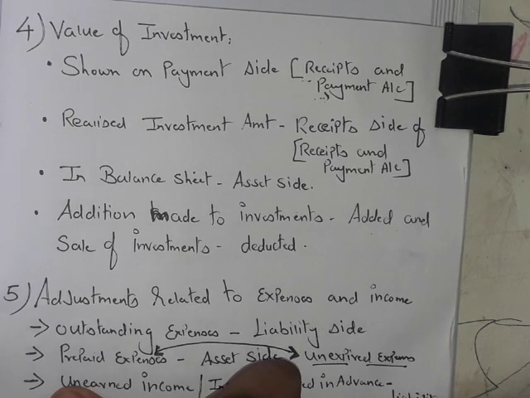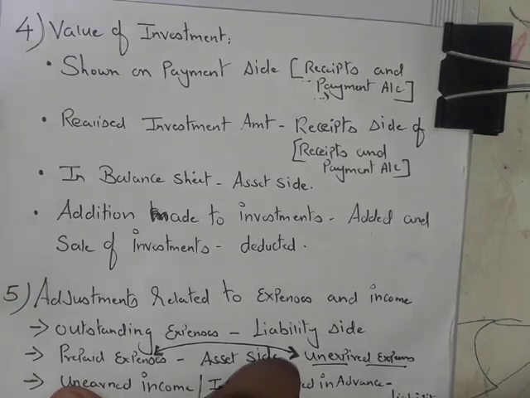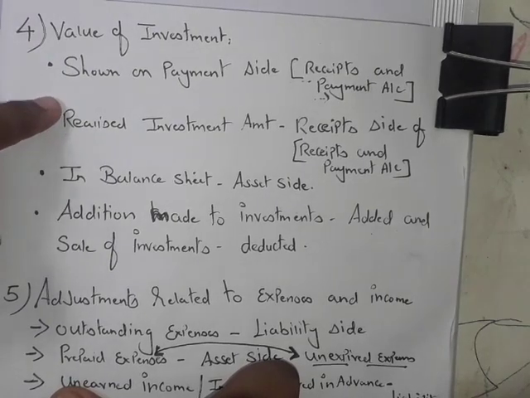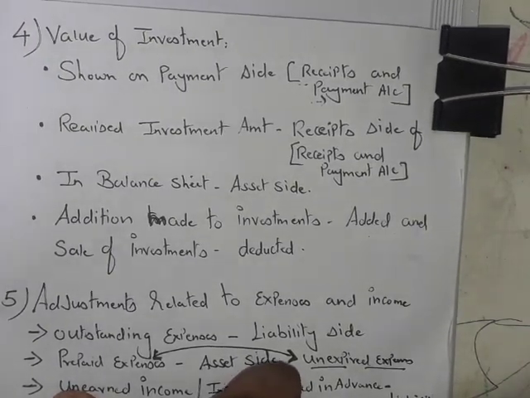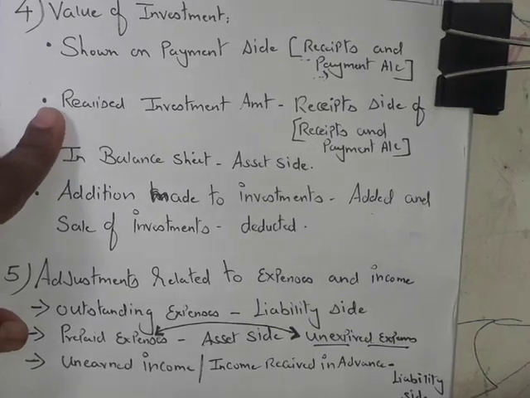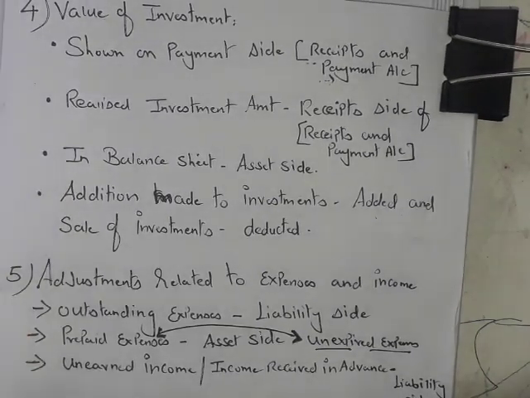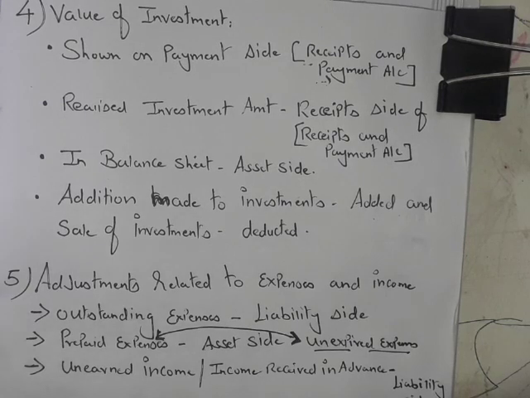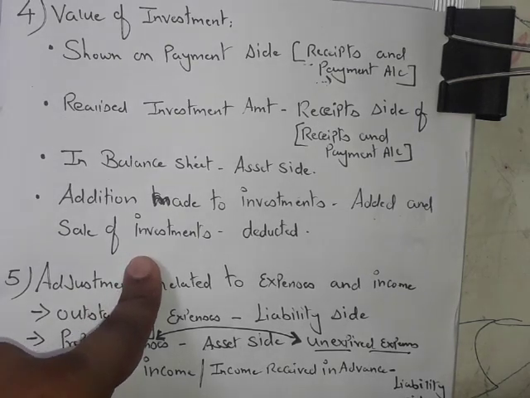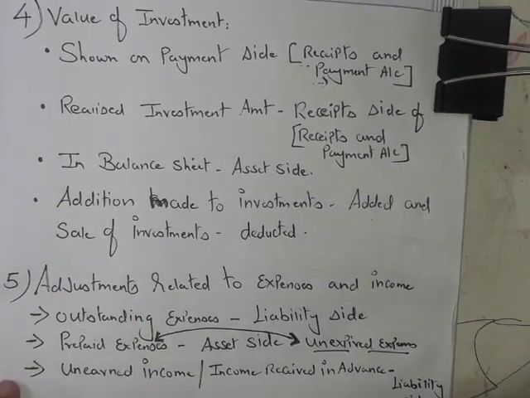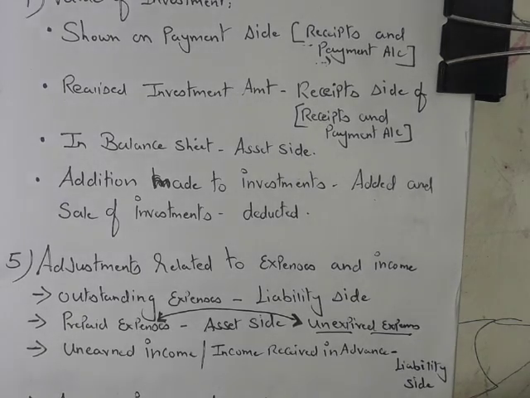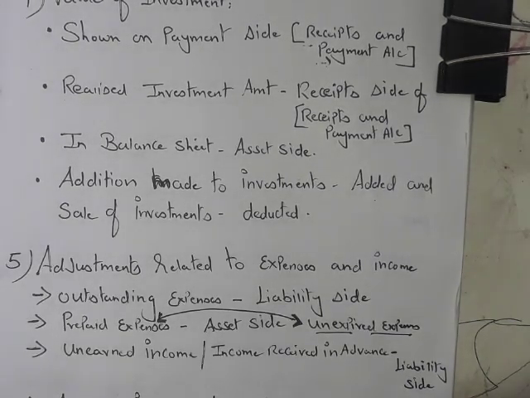Perfect. For this, you need to consider certain things. What are they? Number one, the amount of investment you have done initially. The amount of investment you have done further, if any. The value of investment you have sold during the year, if any. So these three are the most important things to be taken into account while we record the amount of investment